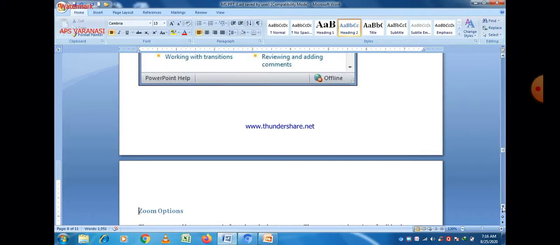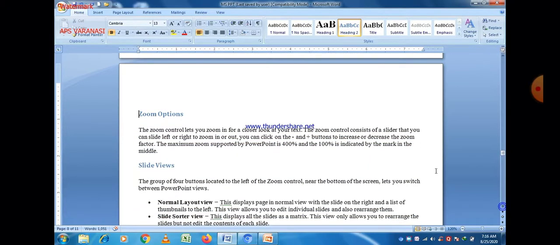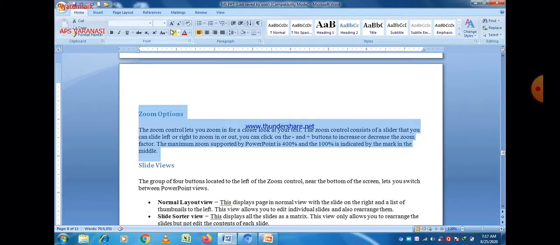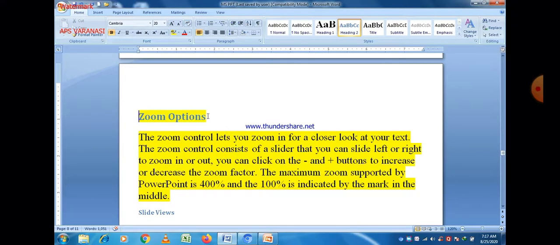Next is the zoom options. The zoom option is at the bottom right corner, and as the name suggests, if you want to zoom in or zoom out your PPTs, it is possible because of the zoom option.